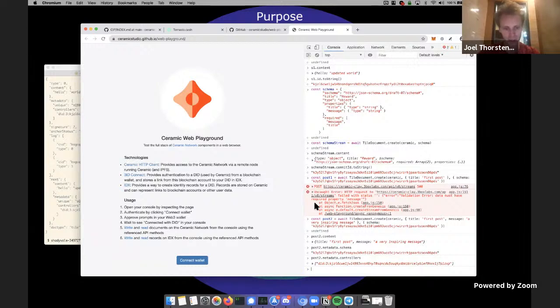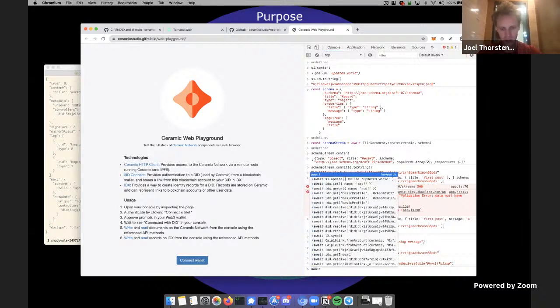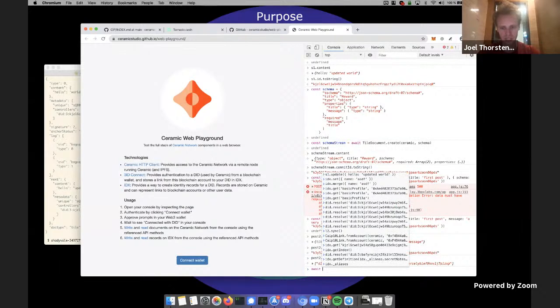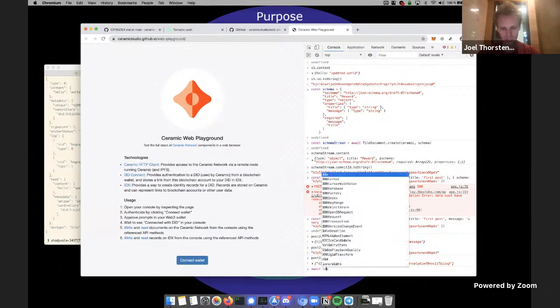So this is how you interact with the lower levels of Ceramic. But we can also start looking at IDX. IDX, as I mentioned, is a framework on top of Ceramic, which allows you to interact with user data more directly. So for example, I can try to load a profile. I'm going to check if this DID we got above has a profile.